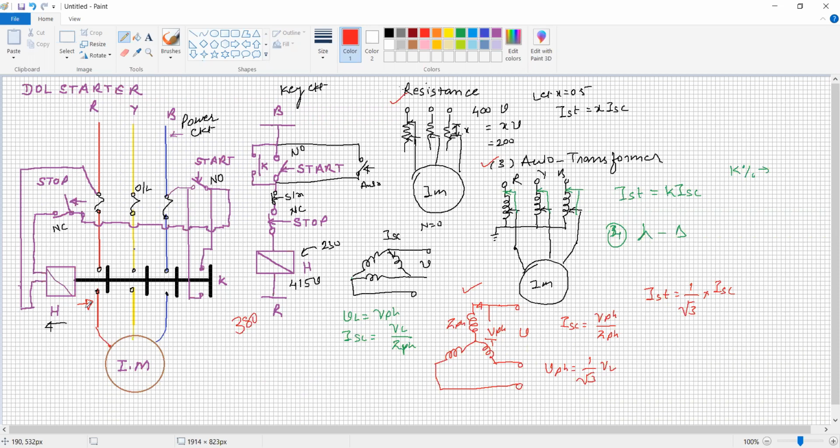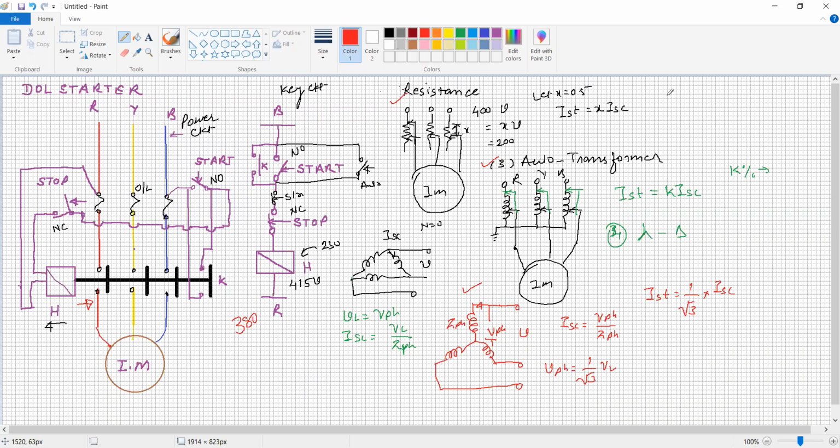Now we will do some derivations and calculations for the different types of starters used in industry. Nowadays, soft starters are also used. In the soft starter, the star delta starters and auto transformer are replaced by the thyristor family, where some reduced voltage is applied to the motor. It is all static. Reduced voltage is applied, and once the motor picks up speed and the starting current becomes smaller, it will increase to the rated voltage.